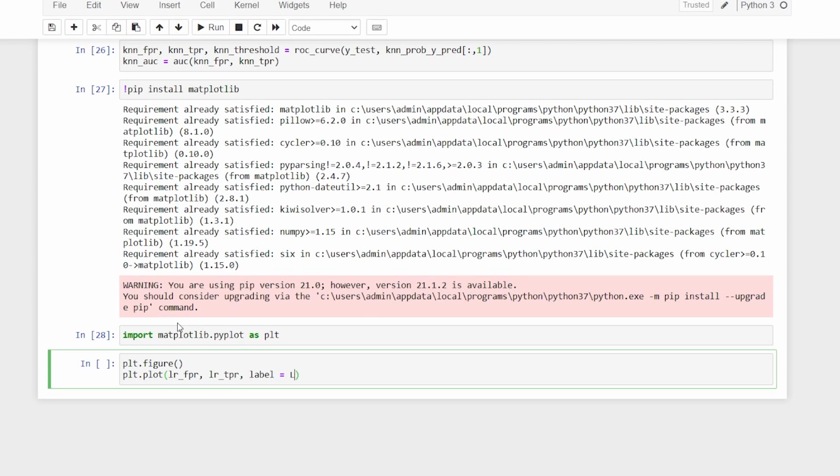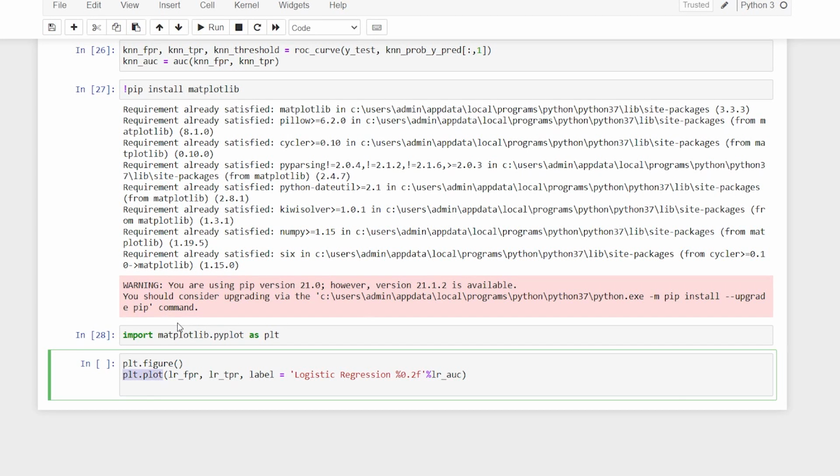Here I'll say logistic regression itself, and I'll enclose this in parentheses, and later on I'll say %0.2f, so I'm taking only a 2 decimal float value. And I'll actually specify that value: I have that value in my AUC, area under curve.